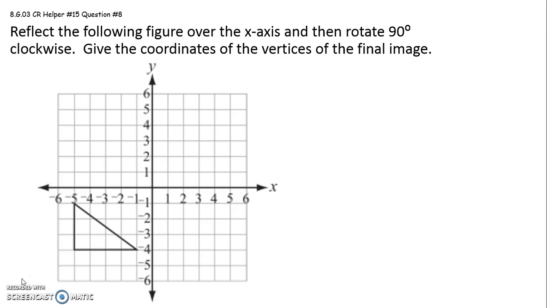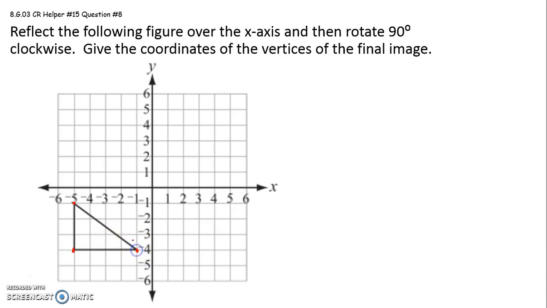I believe you also will reflect over the x, then you'll rotate 90 degrees, and then by the end, you'll connect up 4 letters that will be the final shape. So then you have to just list those 4 letters that you come up with at the end. But essentially what we're going to do is take a figure, reflect it over the x, and then rotate it 90 degrees clockwise. So to reflect over the x, I'm just going to take each of my